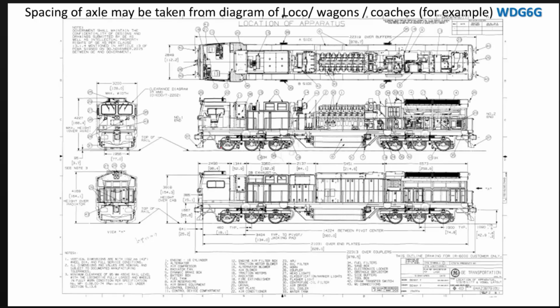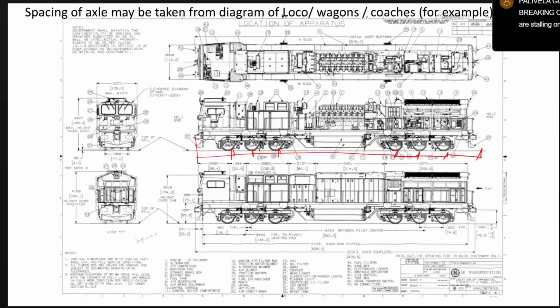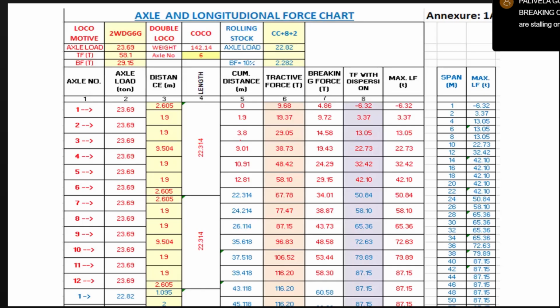Normally we get such a type of axle diagram. By that we will calculate this buffer to buffer distance, and this is the buffer to first axle, then second axle, third axle, then fourth axle, then fifth axle, then sixth axle, then the last buffer. Every axle gives our axle load, and the tractive effort is divided according to the axle. So for that calculation I made one of the